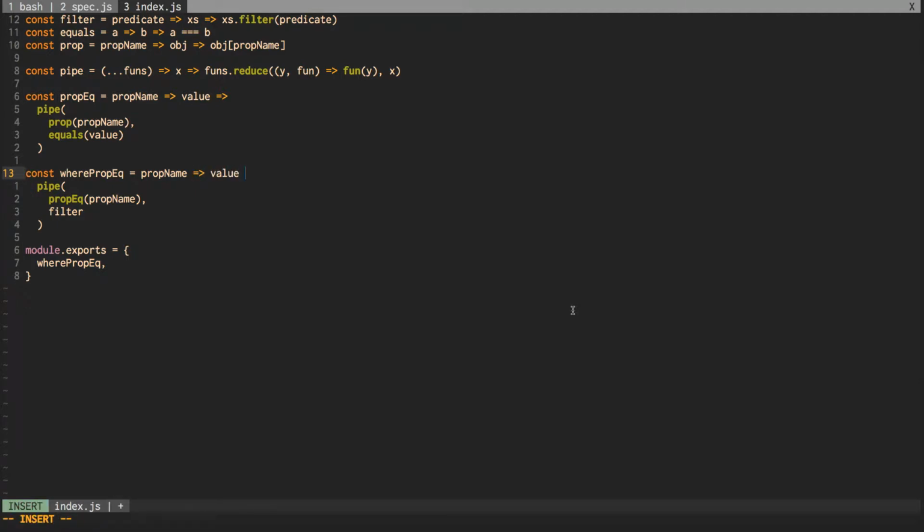Being fully honest, the most clear way to write this might actually just be to say filter prop equals prop name value, right? That's probably a little easier to read. Maybe not, but it's up to you to decide. The point of doing something like this is just to demonstrate how flexible functional programming and function composition is, because